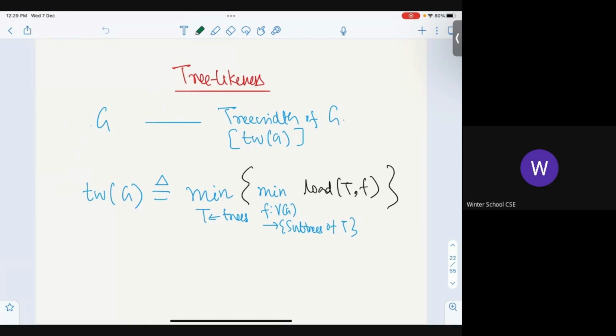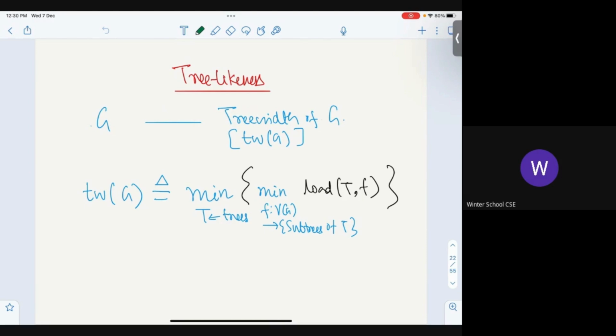So think of it like a puzzle, right? It's like a puzzle. I have to draw these pictures, which I think my son will have fun doing. But if 2 vertices are adjacent, their objects must intersect. And now, given these 2 constraints, even if I fix a tree and say, hey, now give me a function such that the load of any node is as small as possible. So that's the first thing, right? So even if I fix a tree, there are so many functions, and I ask you to find a function that minimizes the load.